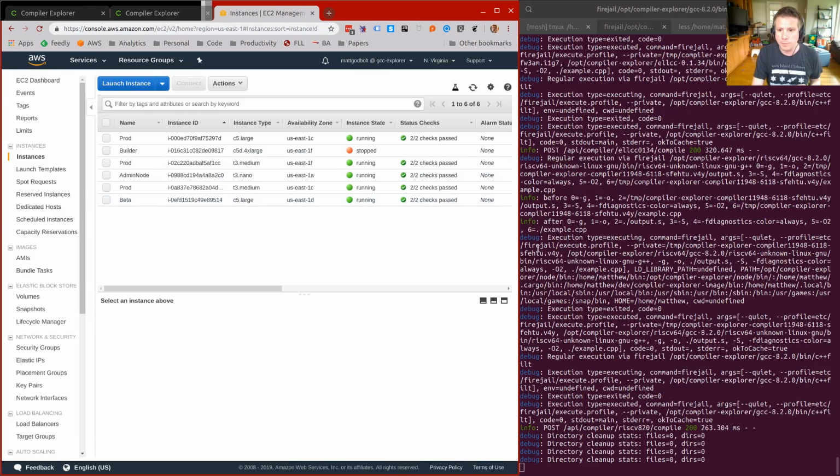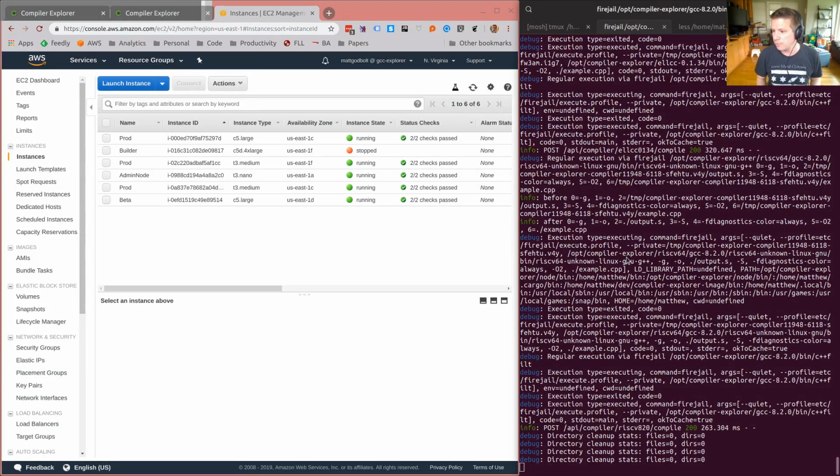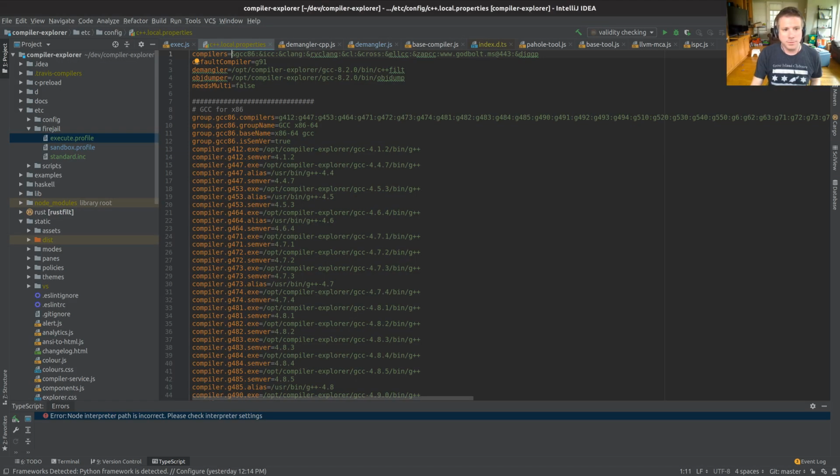So let's take a look. Let's see where we are. First and foremost, I am going to open up IntelliJ and make sure I'm in the right project. Oh, you can see that I was working on something with execution before.